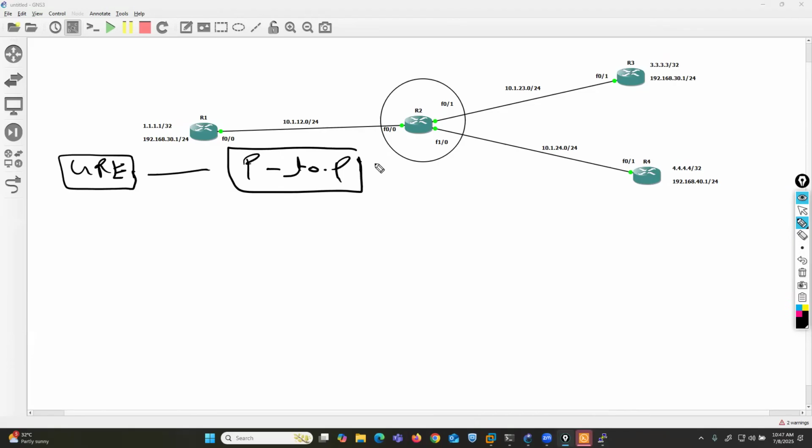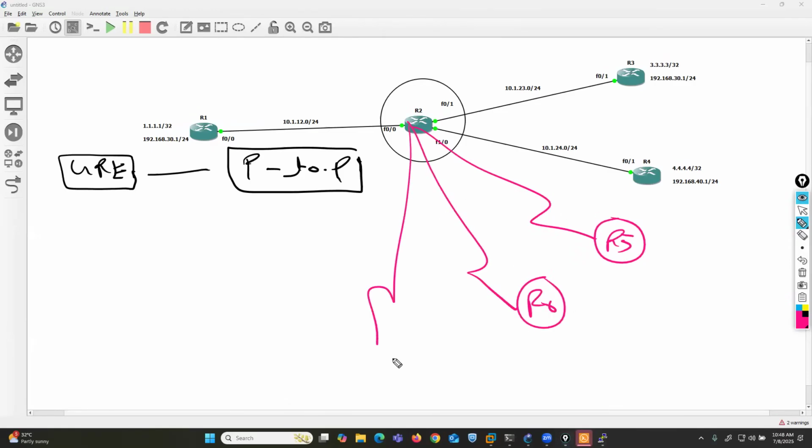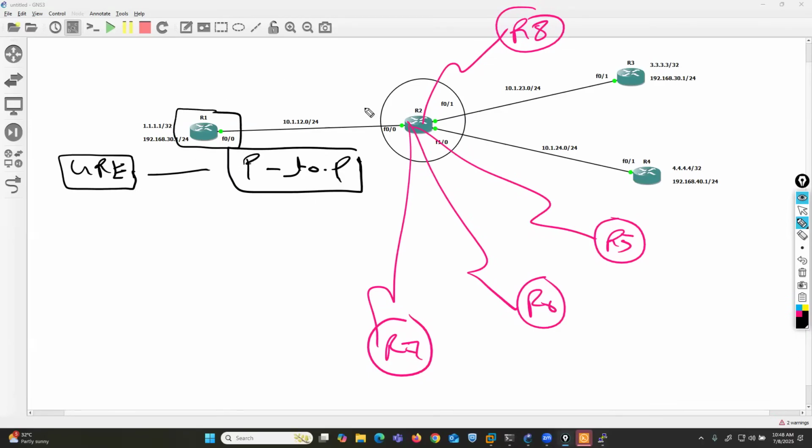But in case I have multiple branch offices, for example, this is R5, here we have R6, R7, multiple branch offices, R8. So now if I'm looking at GRE tunnel configuration, if you remember our configuration steps,